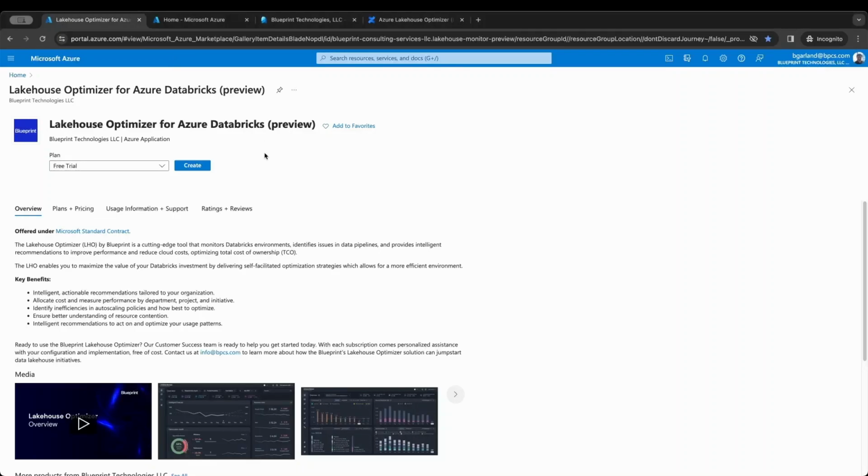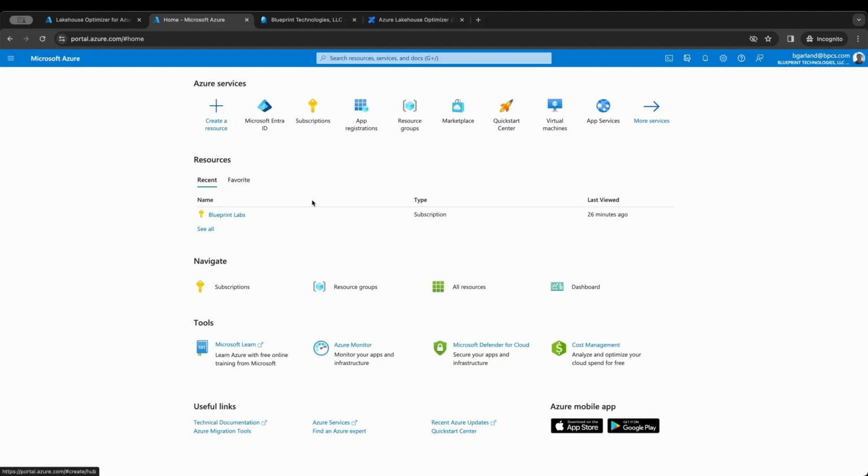Today we will walk through the installation process of the Lakehouse Optimizer using Azure Marketplace. Before we begin, let's ensure that you have the correct Azure permissions and settings to get your company up and running on Lakehouse Optimizer. First, for a place to actually deploy the application, you will need access to an Azure